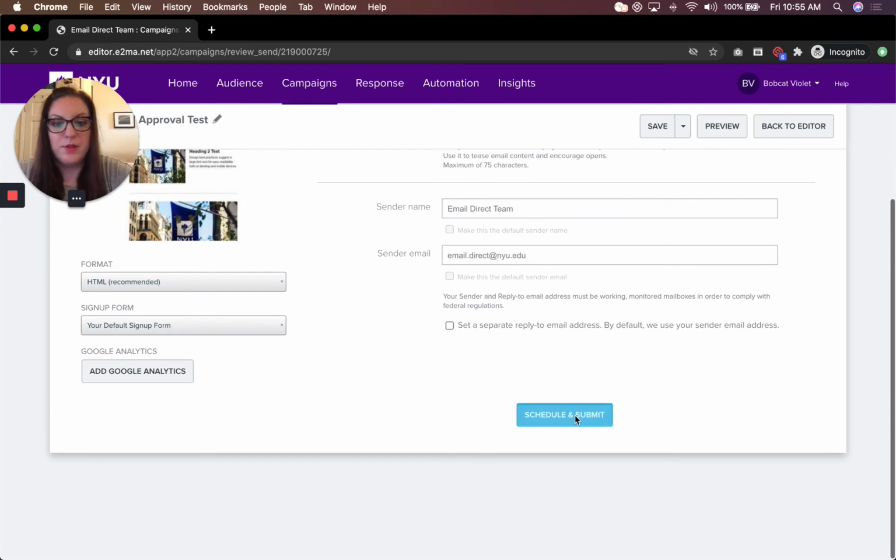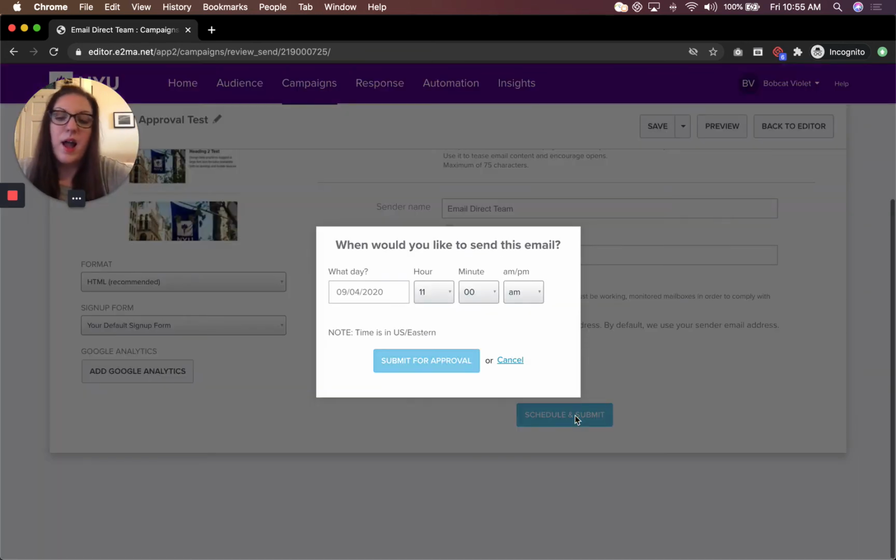So what I'm doing is saying, okay, I would like my message to go out at this date and time, and I am submitting it for approval. Now, very important for you to note here is the time you select for when this email goes out. As you can see, it is 10:56, and by default, it wants to send it at the next top of the hour. This is not a good idea